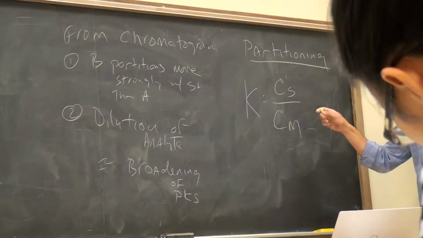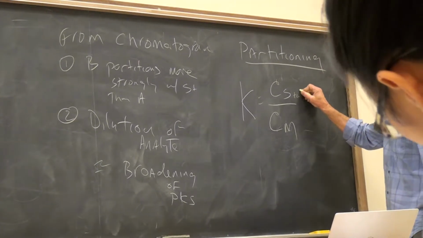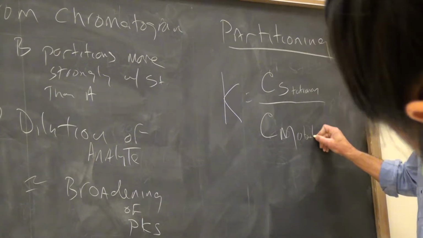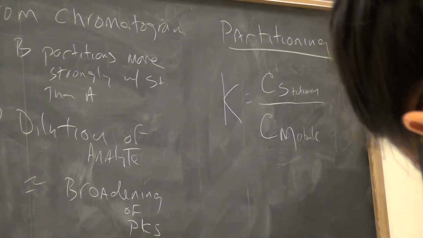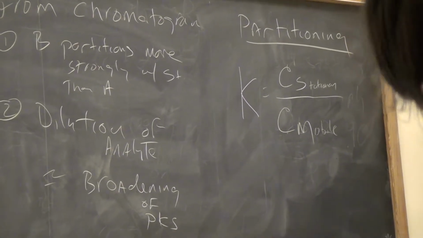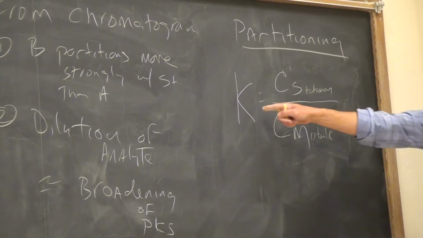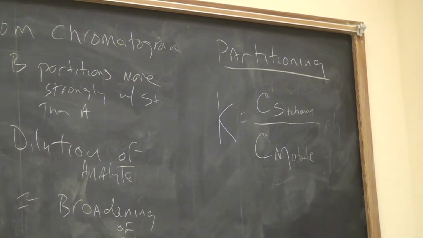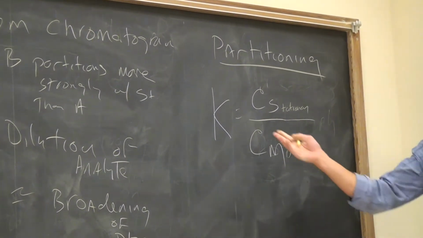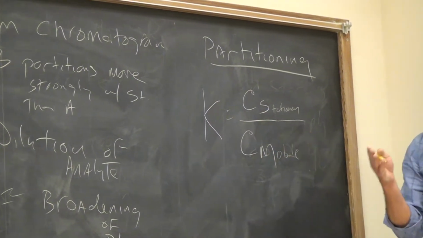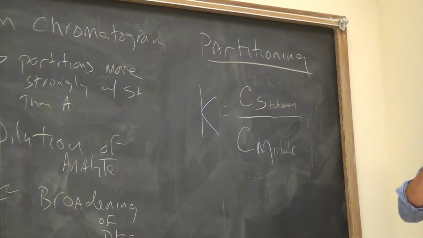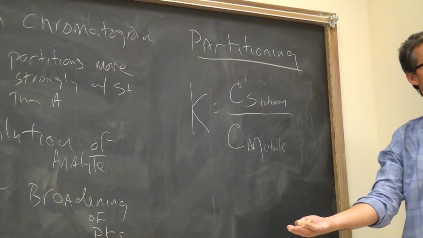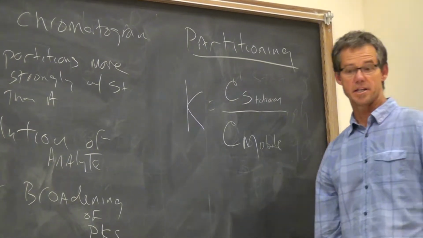analyte. And the concentration of your analyte in the stationary phase versus the concentration of the analyte in the mobile phase. Right? So naturally, things that partition more strongly to the functional group in the stationary phase will have a higher partitioning coefficient, by this definition. And things that partition very poorly or very weakly onto the stationary phase will have a very low partitioning coefficient. If an analyte that we add does not partition at all into the stationary phase, then it'll essentially wash out the mobile phase. Things that don't bind at all to whatever